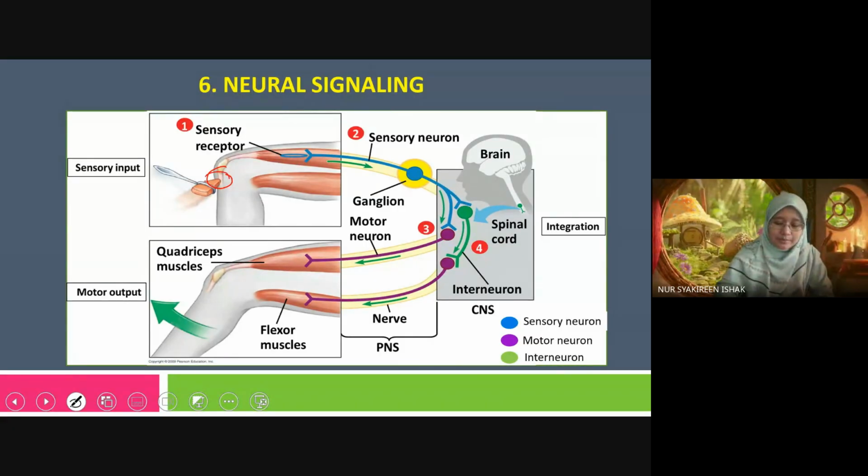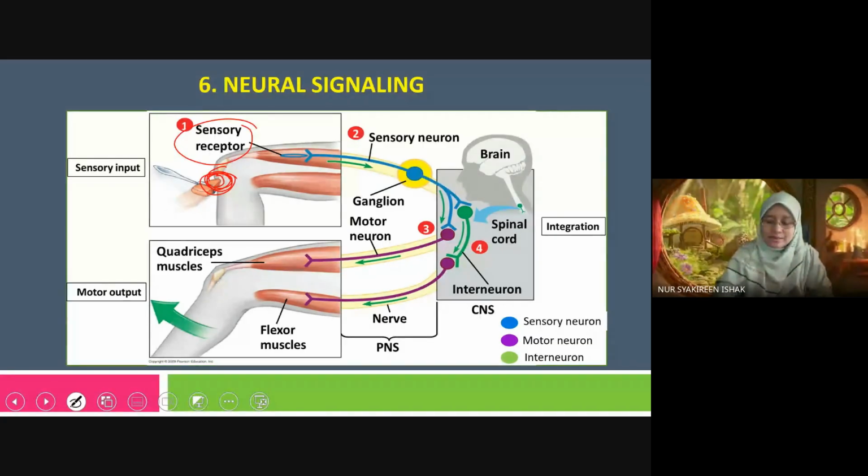When you place pressure in this area, you knock on this area to see the reflex. That is detected by the sensory neuron. It detects changes, in this case physical change, physical factors. So it causes a sensory neuron to receive the information and send it in the form of electrical signal,